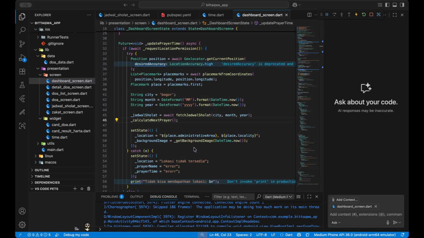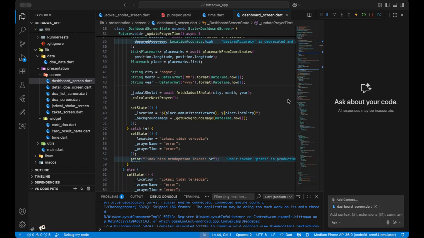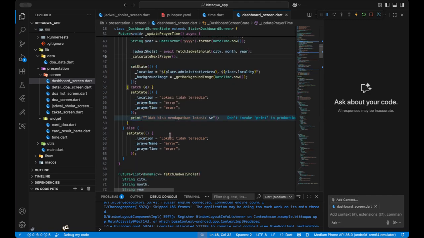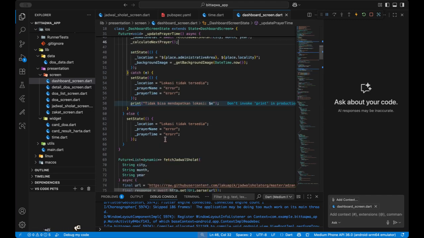If all have passed, it resets to Subuh, and finally it sets the values. But if it's not, there's the text tidak bisa mendapatkan lokasi. So our location is lokasi deteksi sedia, the prayer name is error, and the prayer time is also error.